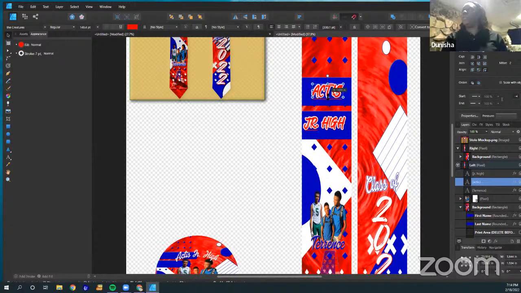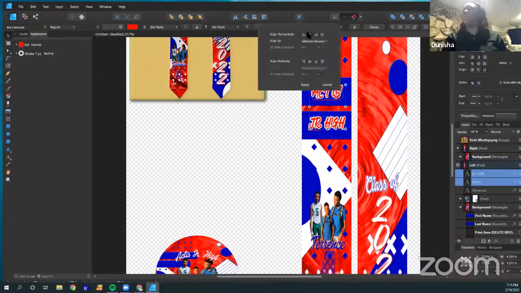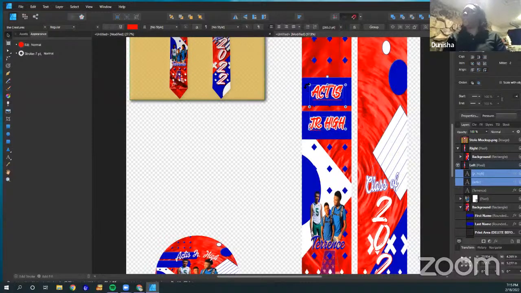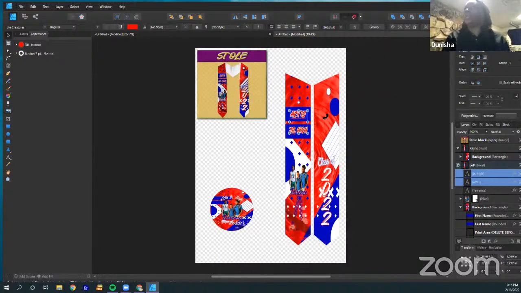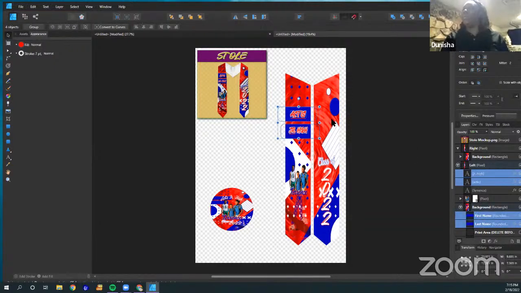I don't want to put anything too close to the edge because I don't want it to get cut off. So I'm going to grab both of these, use my alignment tool so they can center onto each other. Boom. I think that's pretty much it. I am going to grab those and bring it down just a little because I don't want it to be too high, like up on his neck where you won't be able to see it. So I'm just going to bring them down just a little bit. And there we go.